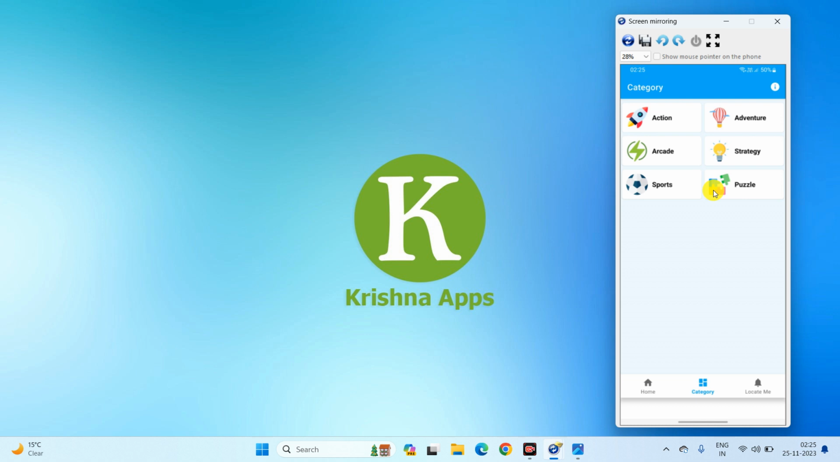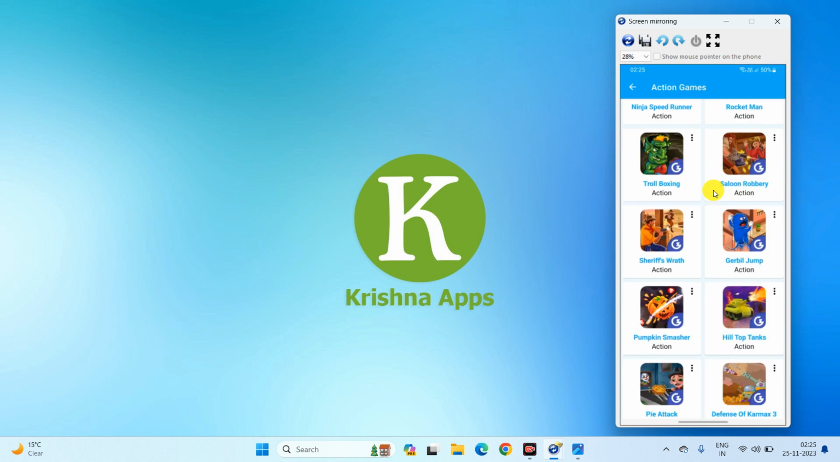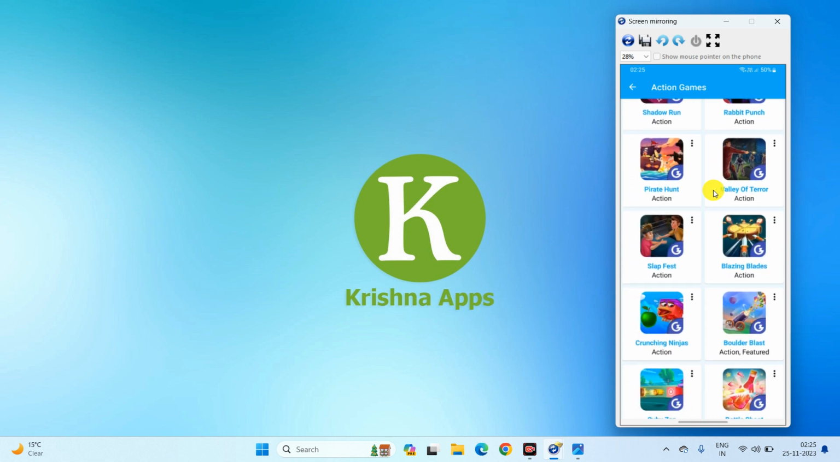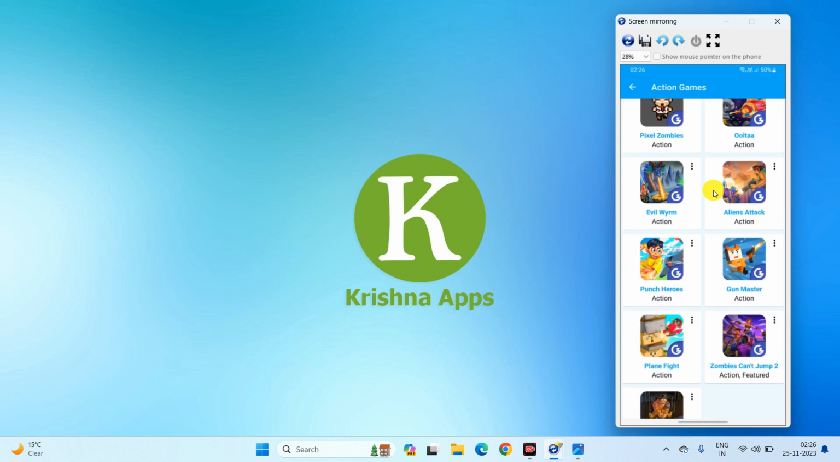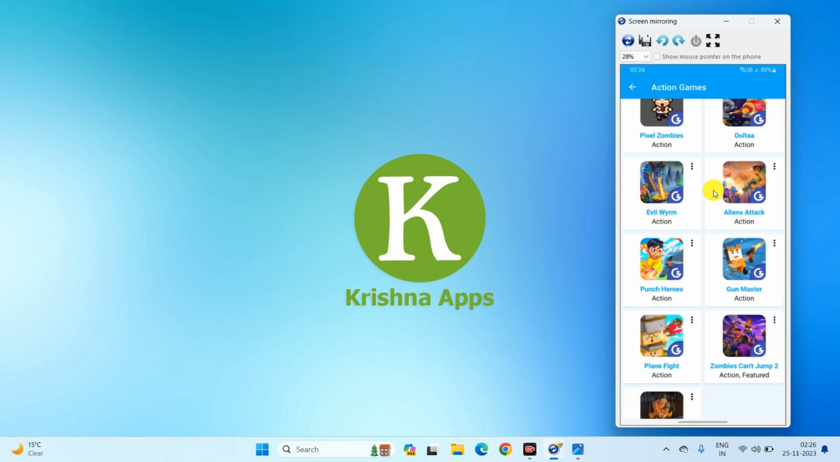For example, let me click on the action category. Then it will show all the action games. As you can see, all these are action games. And if again we click on any game in this activity, then the game will be opened in the device browser. For example, let me click on any game. Click here. It is opening in the device default browser. Let me